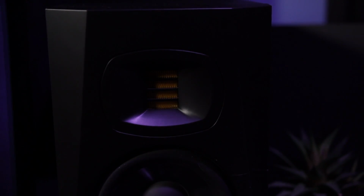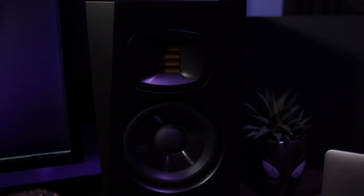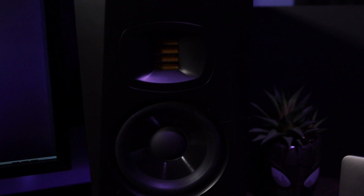Next to that, we've got the Adam Audio TV5 speakers. Now, Adam Audio is well known for its quality in studio monitoring. They have some of their lower end monitors, which cost over $1,000 a pair, are really beloved in the audio community. And they had a budget model before, but it didn't get a ton of good reviews. The TV5 and the TV7 came out last year, and I was just blown away by the TV5. I had before this Yamaha HS8s, and the TV5 really, I mean, it gives you a much more